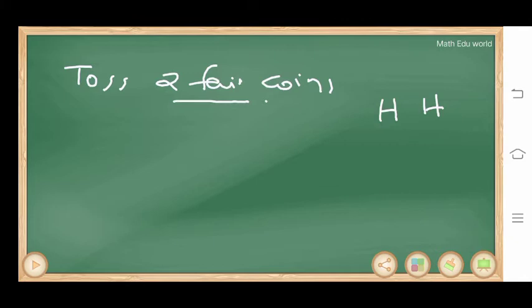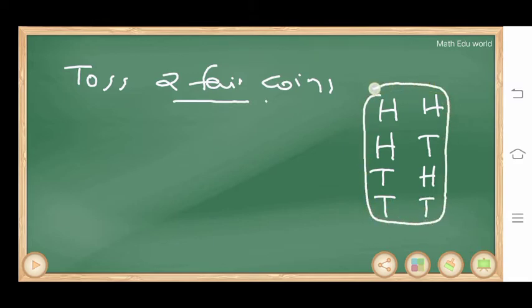Else first may be head and second is tail, first is tail and second is head, and both are tails. So these are the possible outcomes we get when we toss two fair coins, or when we toss a coin